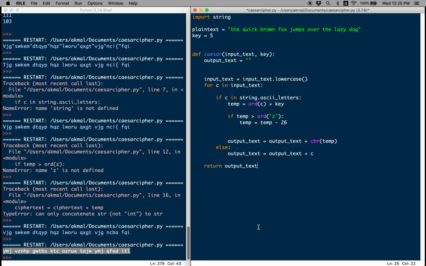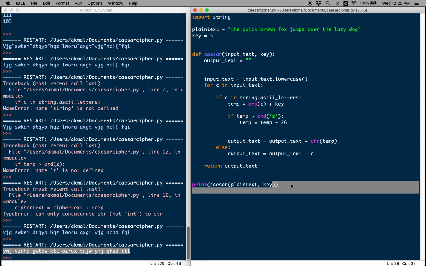Okay, so let's test it out. We've defined our function. Let's call Caesar with our plain text and our key, right? We're going to get a string back. So I'm just going to go ahead and print it out. I'm doing this to make sure that our transformation of our code into a function is correct. It works, right? So let's run the module on it,